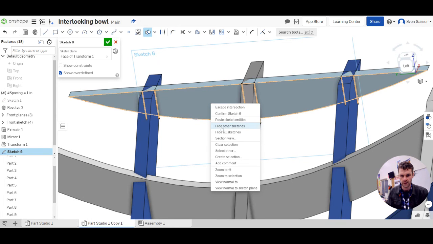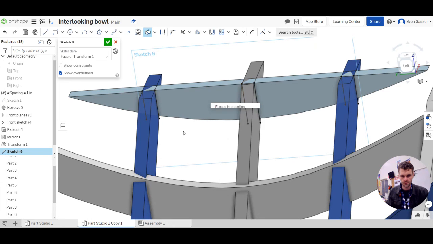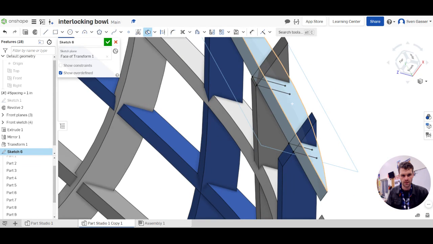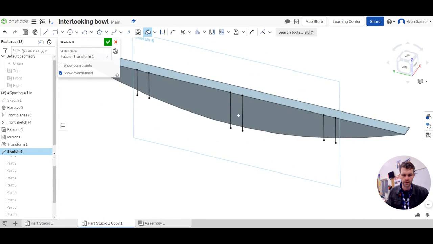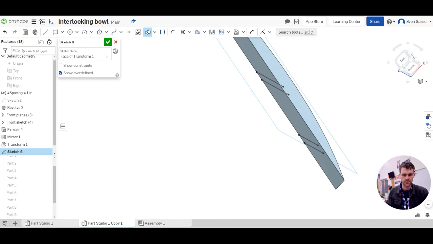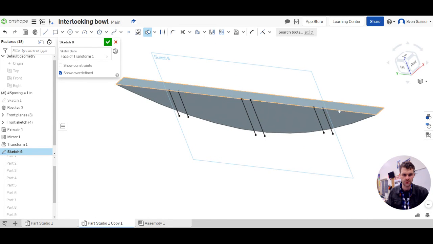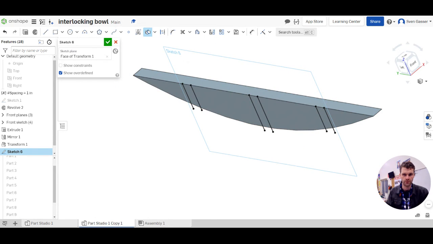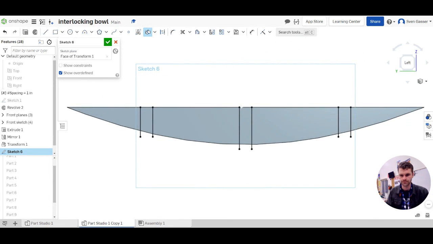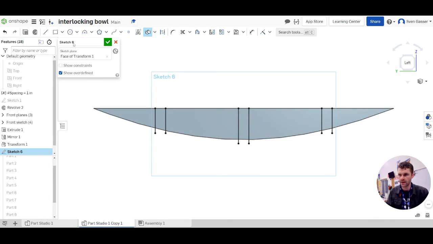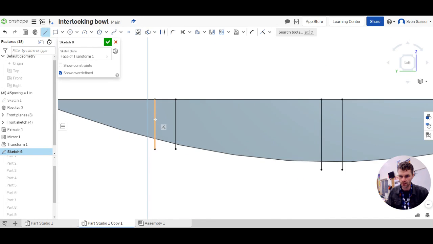And now I'm going to say hide. We're going to click on this piece here. Hide other parts. So I'm only going to see that one part right now. Notice I had to kind of come around so I wasn't clicking on my sketch. I was clicking on the piece here to avoid this kind of invisible window box thing here. All right, so now we're looking at that. Basically what we're looking to do here is draw a nice